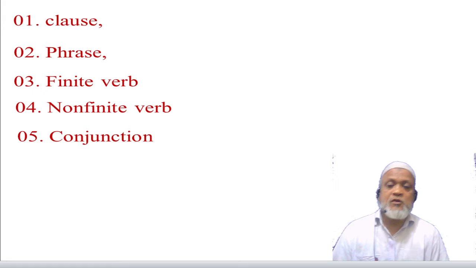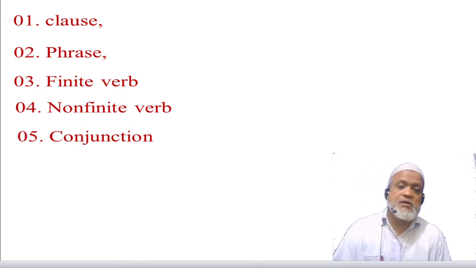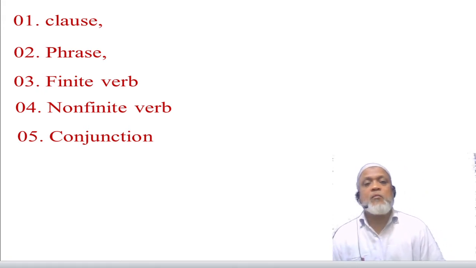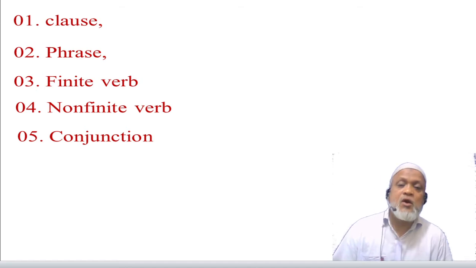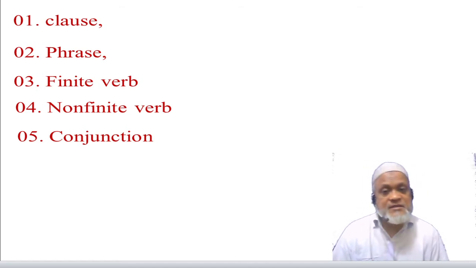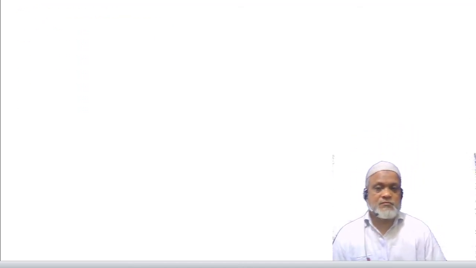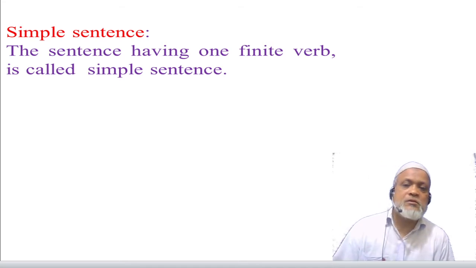What is conjunction? Conjunctions are the words which join two or more nouns or words or clauses or sentences or phrases. I think you have got a clear idea about these grammatical terms. Now let us